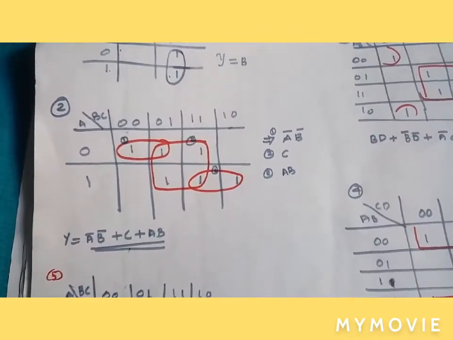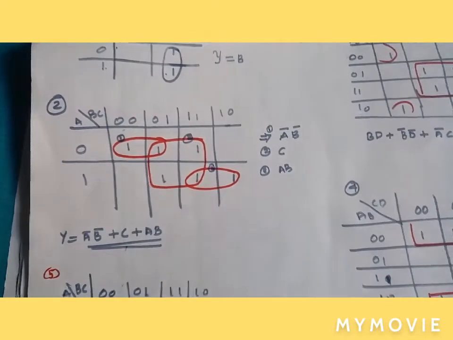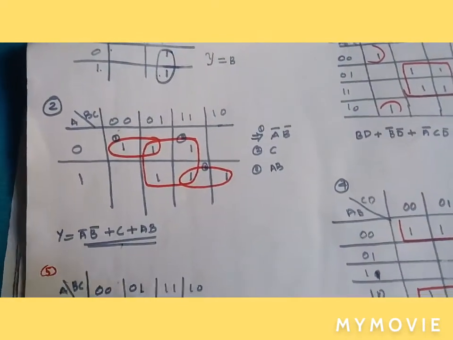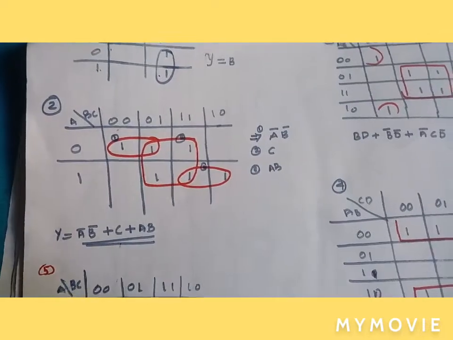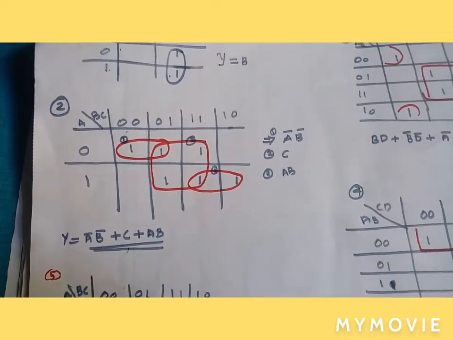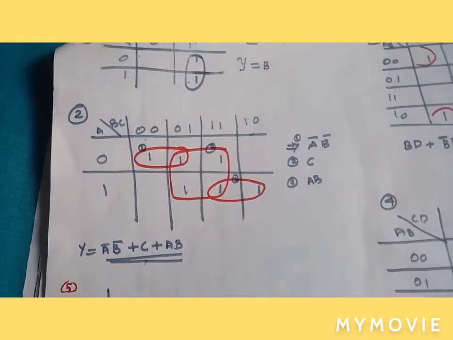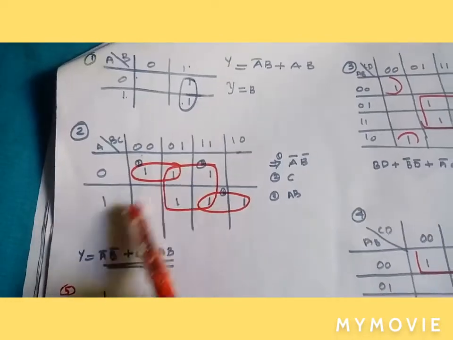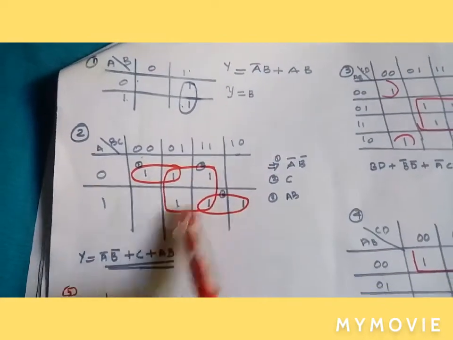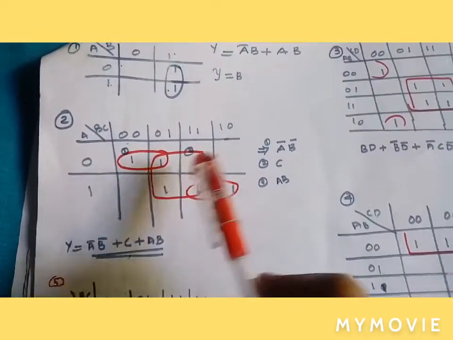In grouping we remember that if there is a possibility to enlarge the group, we should select the larger group only. We can minimize the number of groups. There is no diagonal grouping, only horizontal and vertical grouping. And